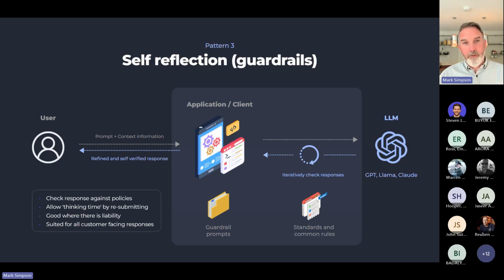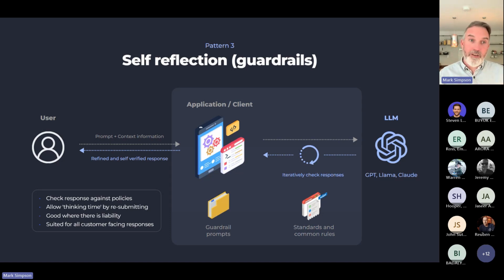In this instance, we would capture all of the standards, all of your rules, maybe your industry guidelines and your policies, and we'd implement that as a set of guide rails that we would check with every response, right? This allows better solutions because there's more of what's often called thinking time, the more iterations you go through.